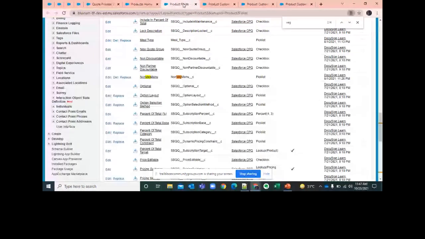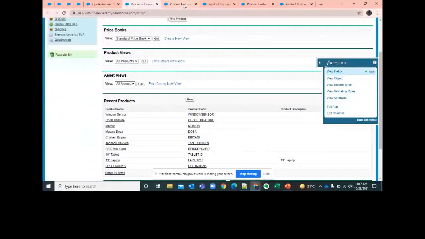Because if you forget to create fields on a product object, then there is no point, as there is nothing to match the answers against. Correct? To match the answers, you need the fields on a product object. So after creating these fields, we are going to our next step.